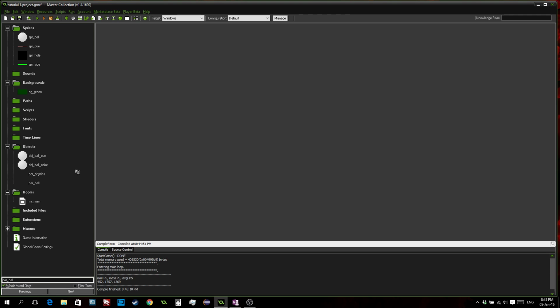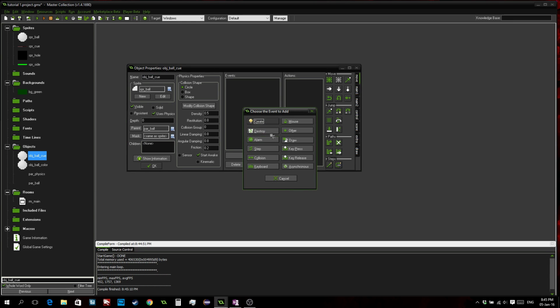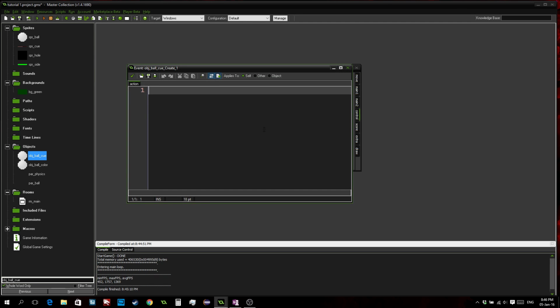Now, our cue ball right now doesn't do anything, it doesn't react. So what we're going to do is first of all add the ability to see our cue around the ball in order to aim. So let's open up our cue ball and add the create event. We're going to add a couple pieces of code. The first is going to be